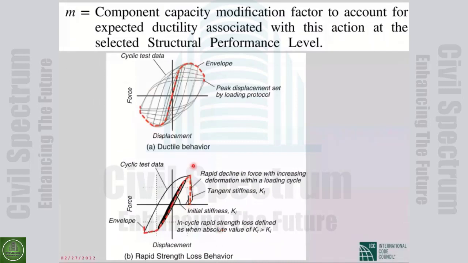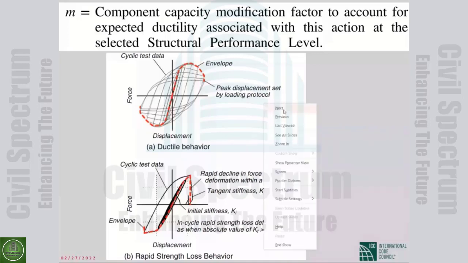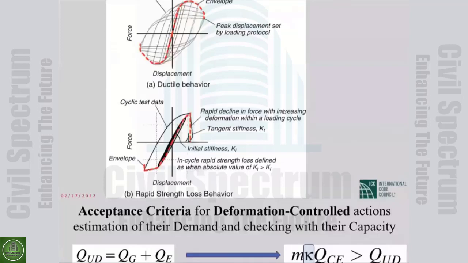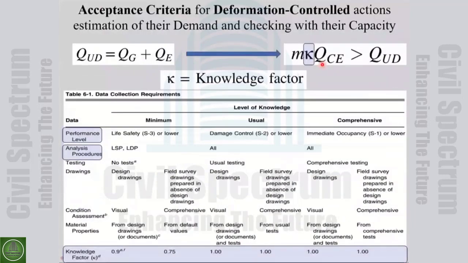All this, and the way that you calculate the M values, is explained in this course. If you have designed a specific element, for example, and want to find the M value for it based on the results of your experiment, the way that you extract the M from the experiments is explained. The other thing for the deformation control, so for force control, but mainly for deformation control, is the